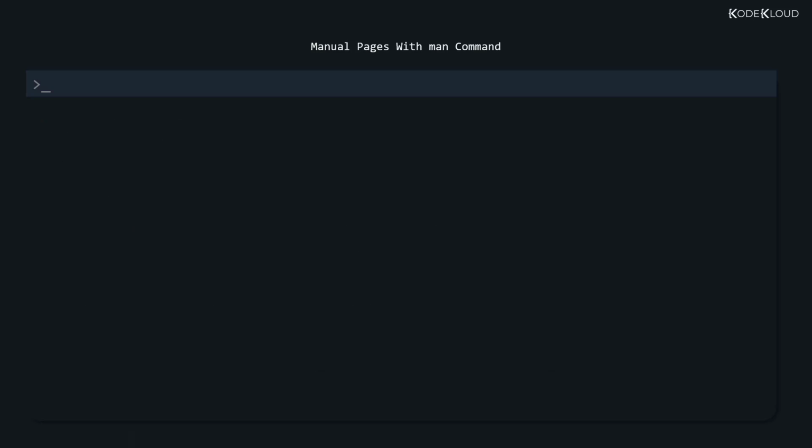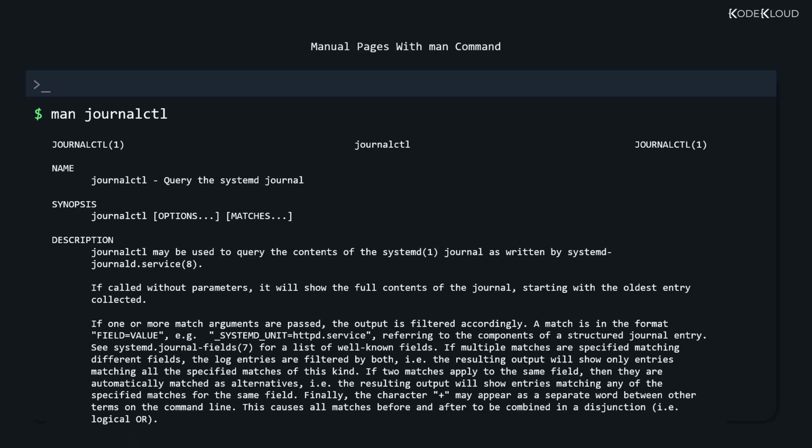All important commands in Linux have their own manuals, or man pages. To access a command's manual, enter man followed by the name of the command. In our case, we'd use man journalctl. So now we get a short description of what the command does in the name section, a general syntax for